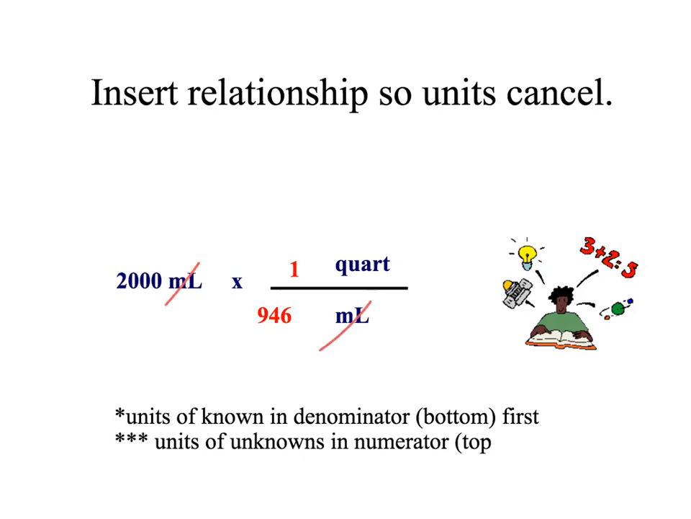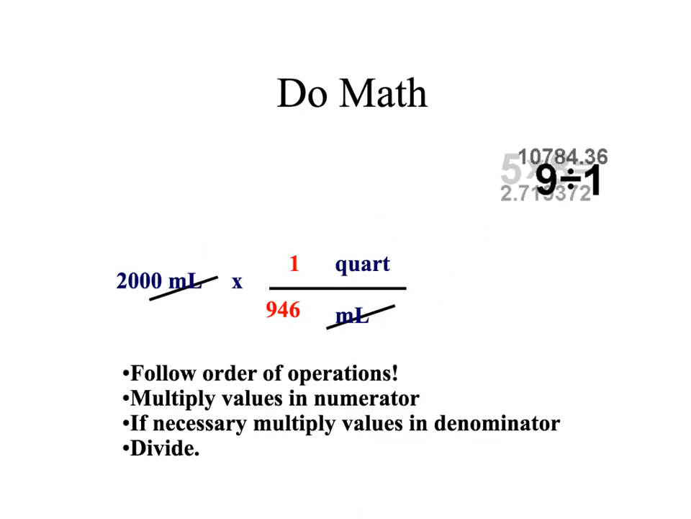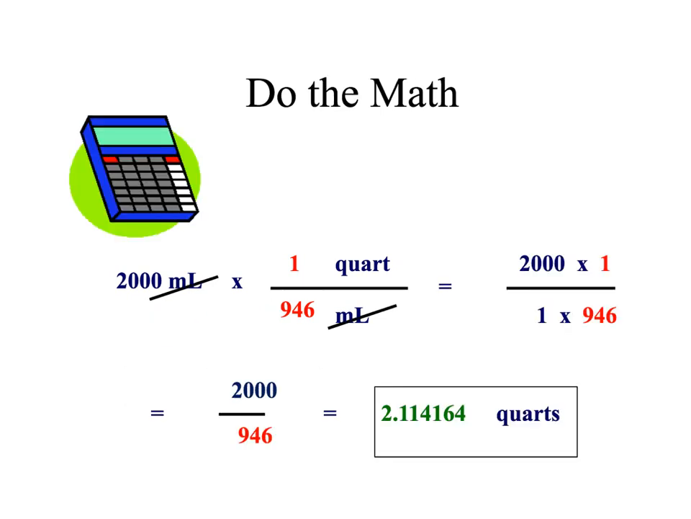Again, we want to use a ratio that works so that our units cancel. Then we do the math. This is basically the same as 2,000 over 1. So we're going to take 2,000 times 1, and we're going to divide that by 1 times 946. So we're basically taking 2,000, dividing by 946, and we get